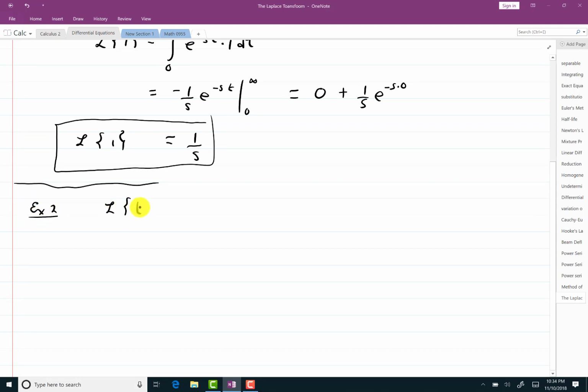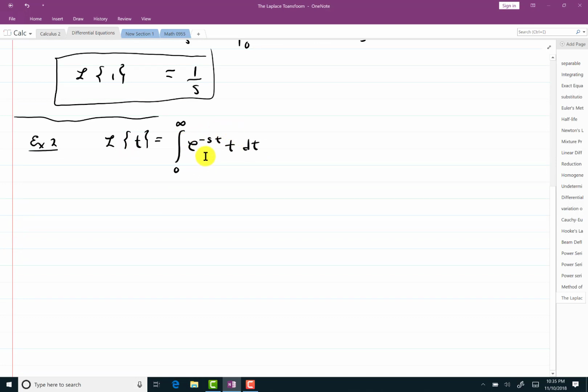This time I'll just do the function t. So I'll have e to the negative s t times t dt. Now for something like this, I'll have to use integration by parts where u will be equal to t. So I'll set u equal to t, then du will simply be dt. dv is e to the negative s t dt, and as before, v will be negative 1 over s e to the negative s t. So this integral, you'll have uv, so I have negative 1 over s t e to the negative s t from 0 to infinity,